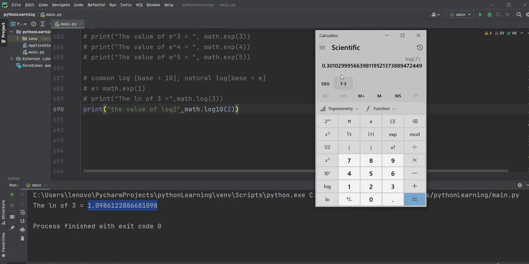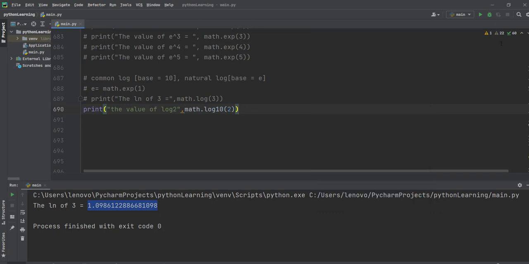Log 2, this is the value that we got, log 2, because it's to the base 10. That is the value that we should get here. You see that? So this is another way that we can call on the log 10. So this is log of value 2 to the base of 10. Okay, so we will move on to the next illustration to learn about other